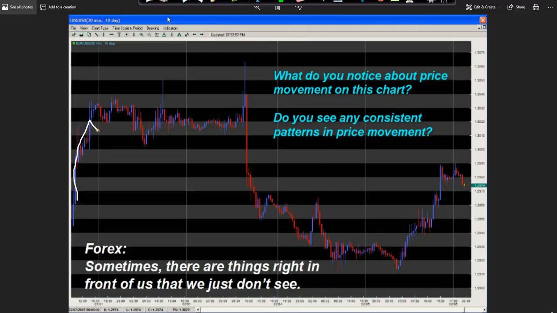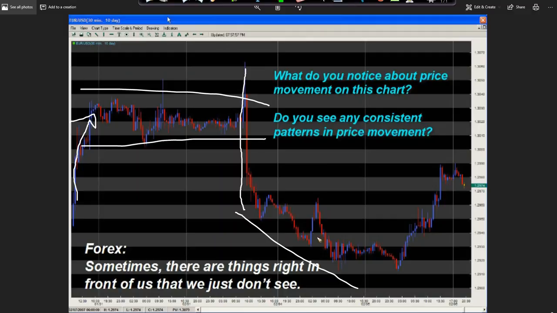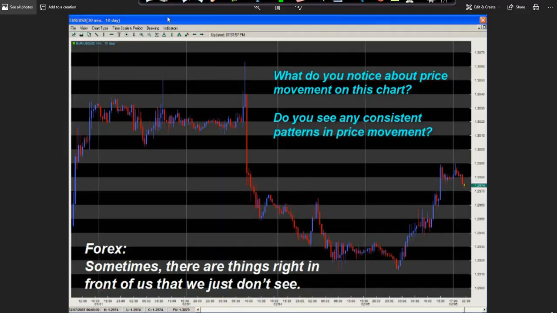You had some sort of pretty steep upward move. You had some consolidation. You had some sort of probably announcement. A little downward trend, a little upward trend. But in terms of detail,